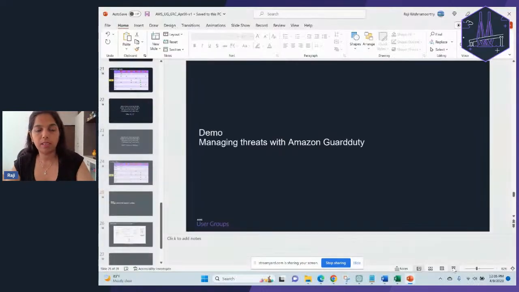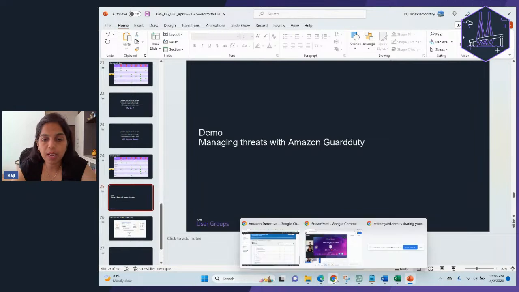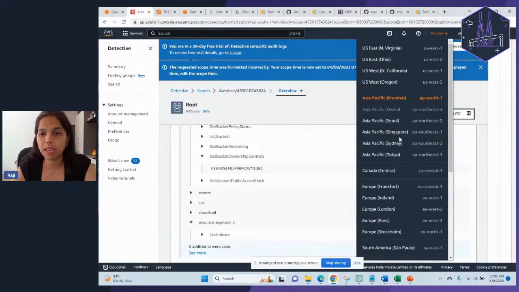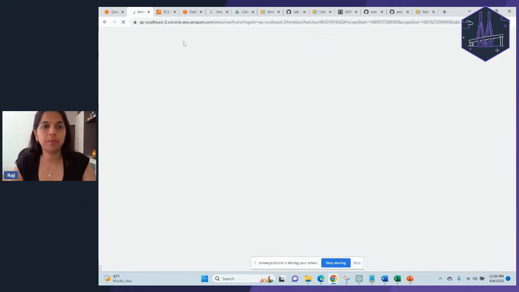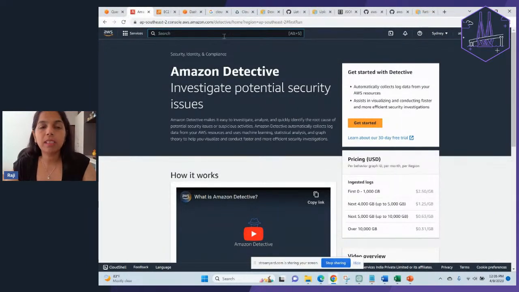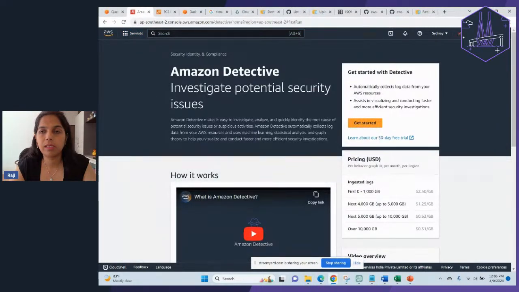Okay, so I have used some automation on top of GuardDuty. If you remember, I was talking about the list feature of GuardDuty. Let me go there. Here I'm actually using three services. I'm combining GuardDuty, Config, and Lambda. So how do we combine and integrate these three services together, and use automation to ease the security task? So what I have done here is,